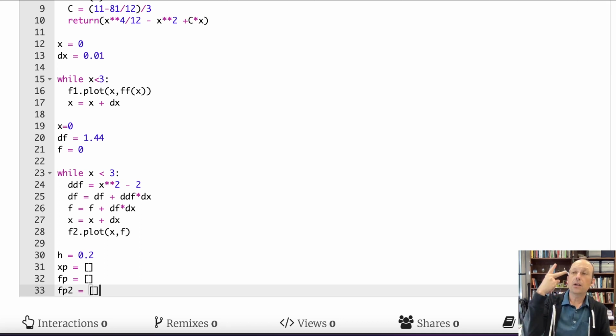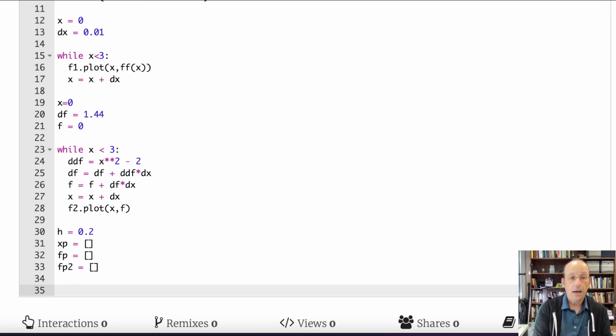So I need two lists for the function f, because one, I'm going to have a guess value. I'm going to go through and put a value in there. I'm going to go through that and calculate new values, and that's going to be my fp2. And then I'm going to set my old values equal to my new values, and I can do it again. So I need two, kind of like leapfrogging. So let's go through and make our empty stuff that we can guess with.